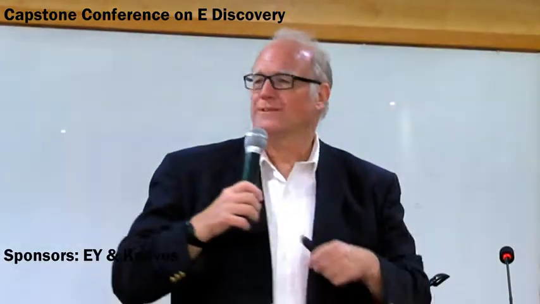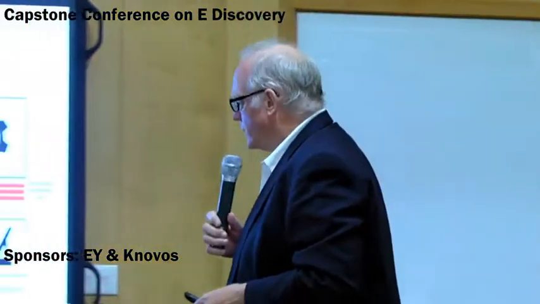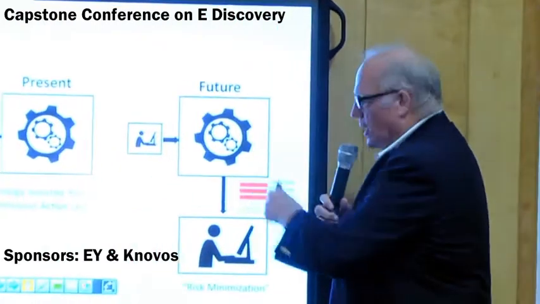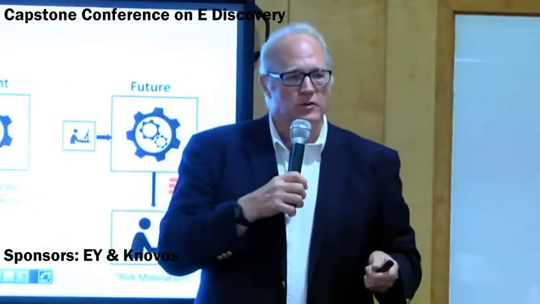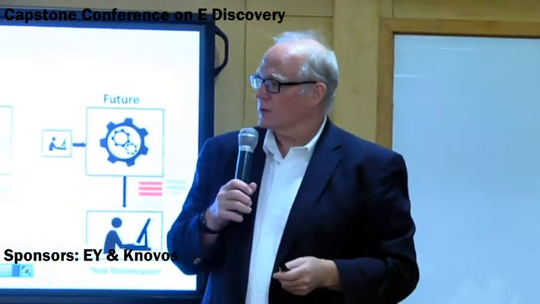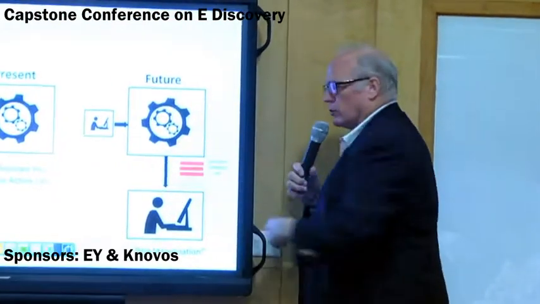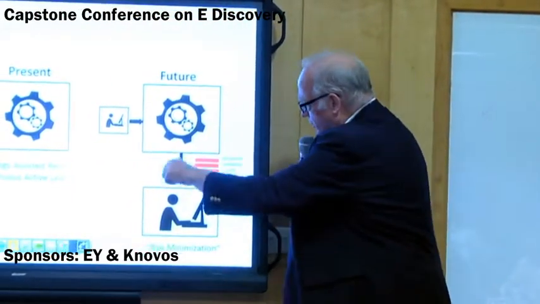You might have had an experience at some point in your life where some machine screwed up. Now, we know it's not the machine that's screwing up, it's the programmer that's screwing up, right? So somebody has done something that didn't quite work right. And so you want to look at the output and you want to make decisions about how to correct the machine's mistakes. And so the thing we want to talk about today is not this. This part we talked about in the morning. What we want to talk about is this.